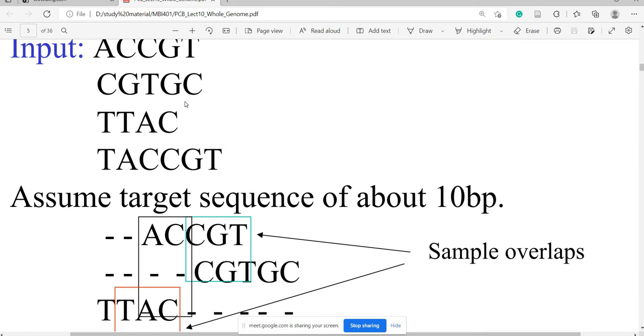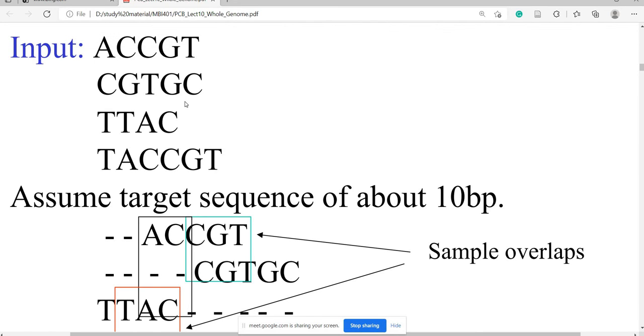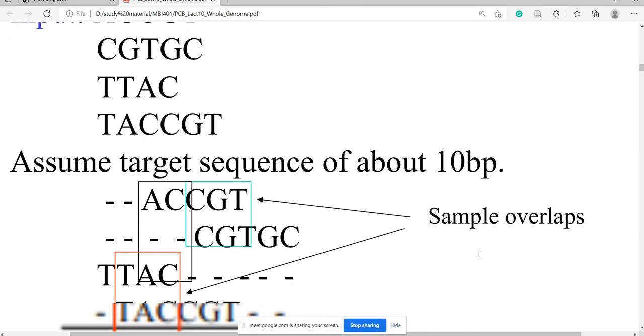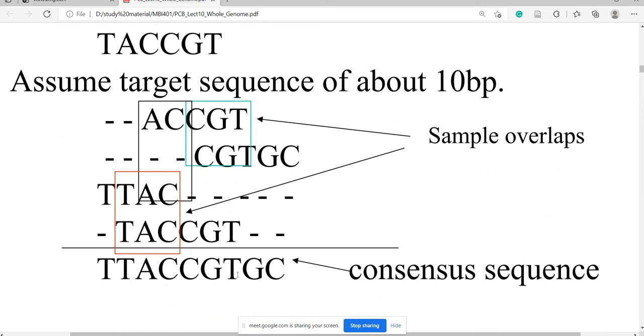Assume a target sequence of about 10 base pairs. Like the last one, TTA, CCG, again 3 nucleotides, and TGC. So this is the consensus sequence that we can make by comparison of these fragments.